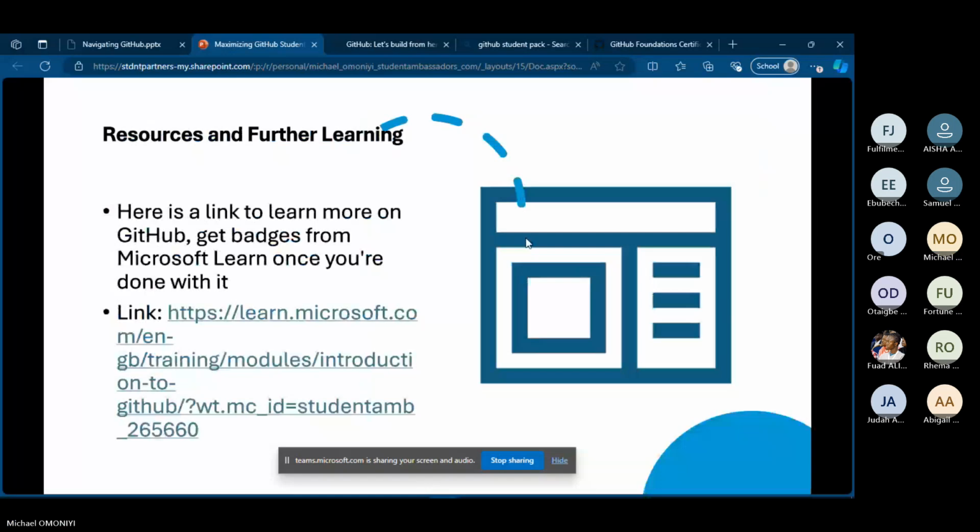Okay, in the slides I'll be sending to you, there are learning resources that you can use to also learn more about the GitHub Student Pack and also get badges on the Microsoft Learn platform. Because Microsoft Learn is like